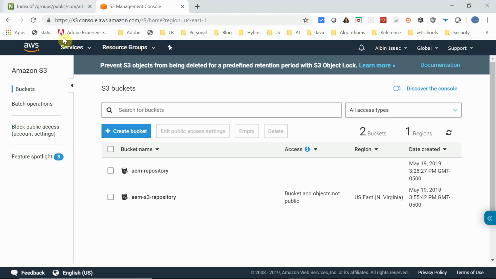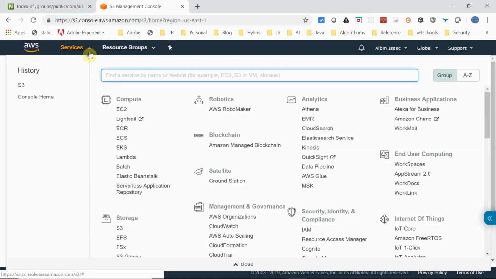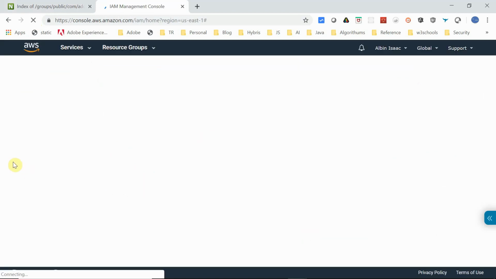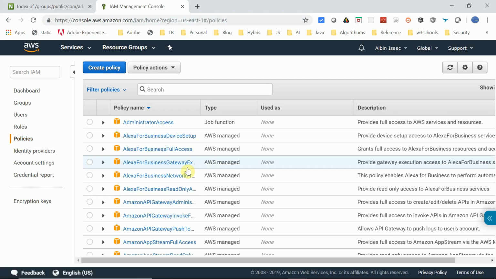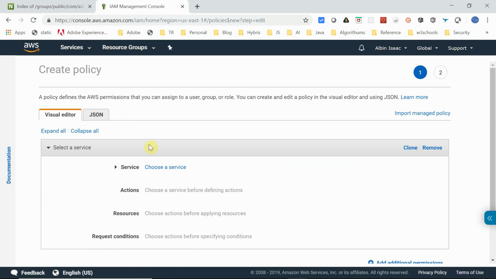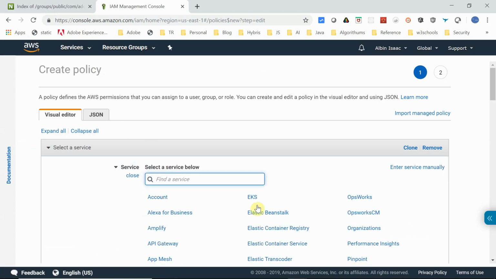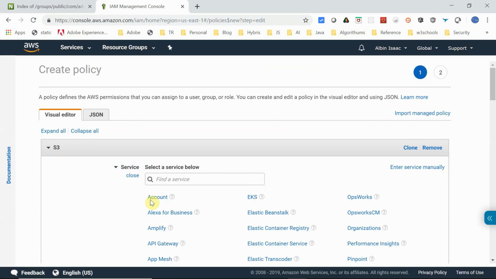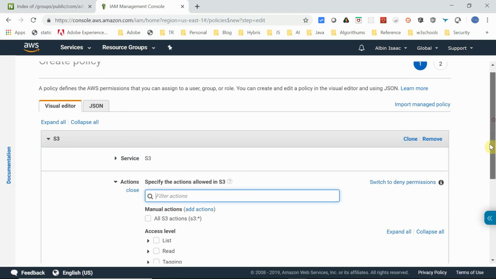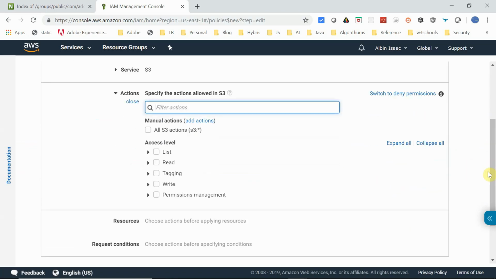For that, you need to go to services again and look for IAM. Select IAM. As a first step, I am going to create a policy. Here you have to click on policy. For the service, I am selecting S3. Whatever required permissions you can provide.